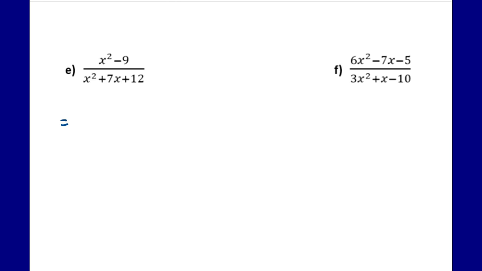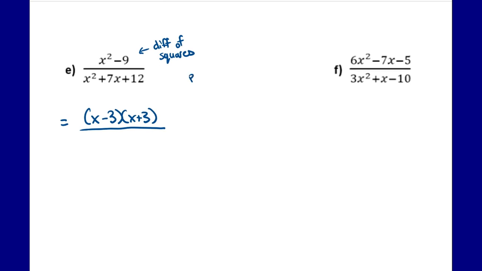I can also factor the top because the top is a difference of squares. So again, we might have to refer back to our previous lessons on factoring, just so we have that memory jog of things to look for, the patterns. Right, so x squared minus 9 becomes x minus 3, x plus 3 on top, divided by